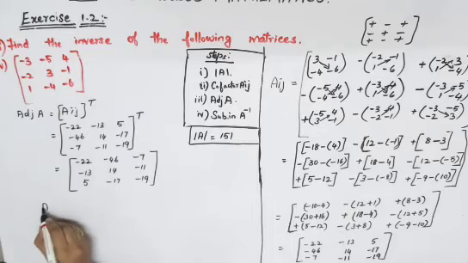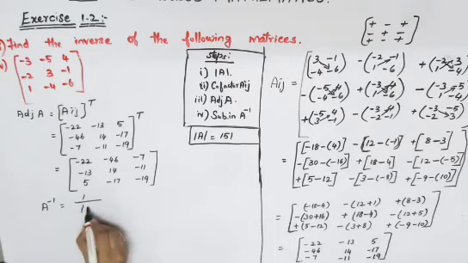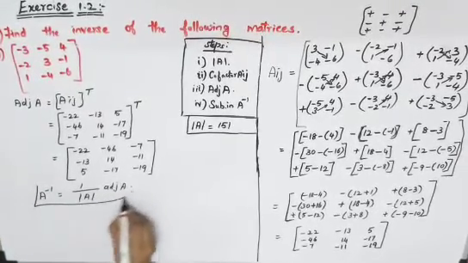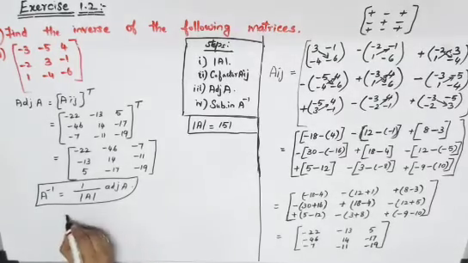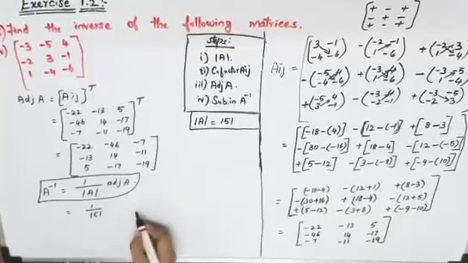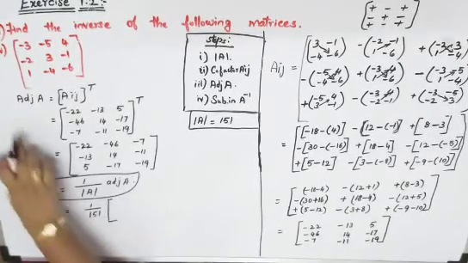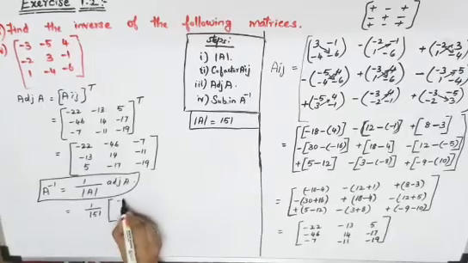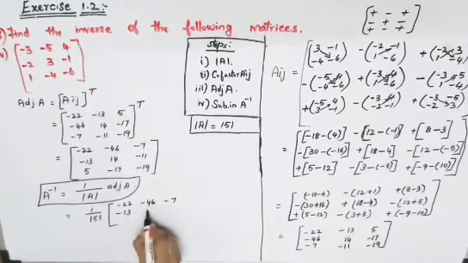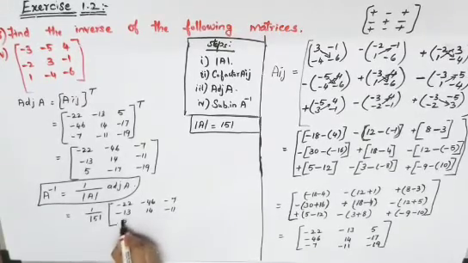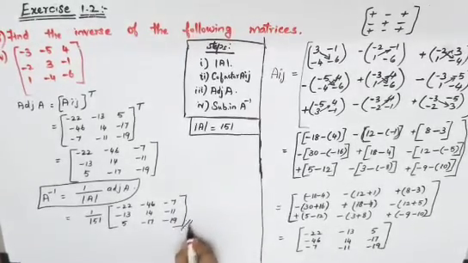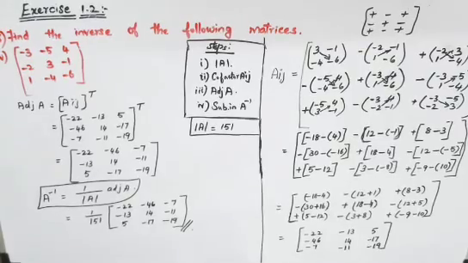Next, A inverse you will have to find it. A inverse, you know your formula, 1 divided by determinant of A into adjoint of A. So just substitute whatever we have found out, that answer here. So that is equal to 1 divided by determinant of A, we have got it before, 151. Then open your bracket, your adjoint of A is this answer. So it is minus 22, minus 46, minus 7, minus 13, 14, minus 11, 5, minus 17, minus 19. So this is your answer for your A inverse. With this your third question, fourth subdivision is done.